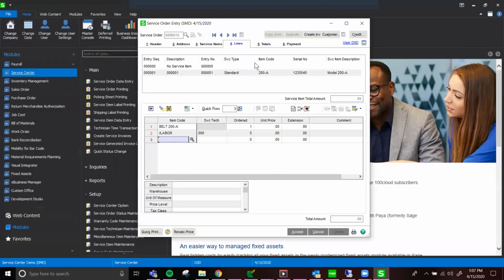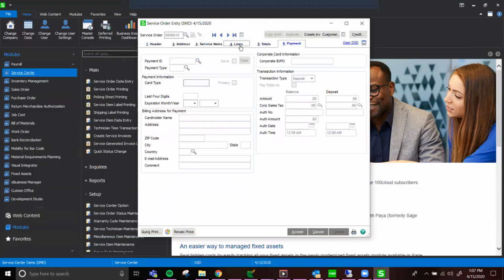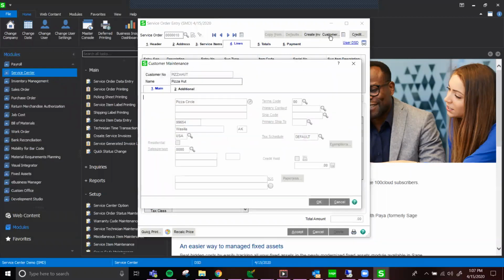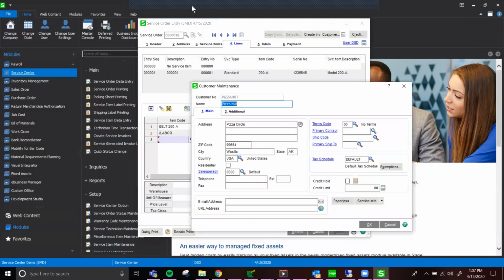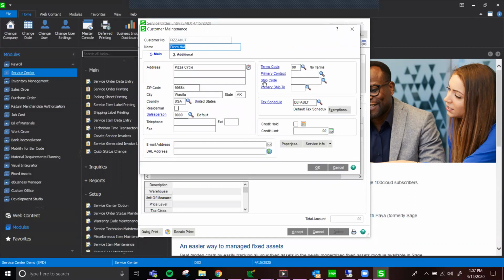To my lines, so now I've got my lines, you've got your standard total and payments tab like your standard Sage 100. Again, we can get to the customer information within service order entry. We're all within service order entry. We can see within your standard customer maintenance. This is also on your standard customer maintenance when you open it from the AR tab, but you've got a